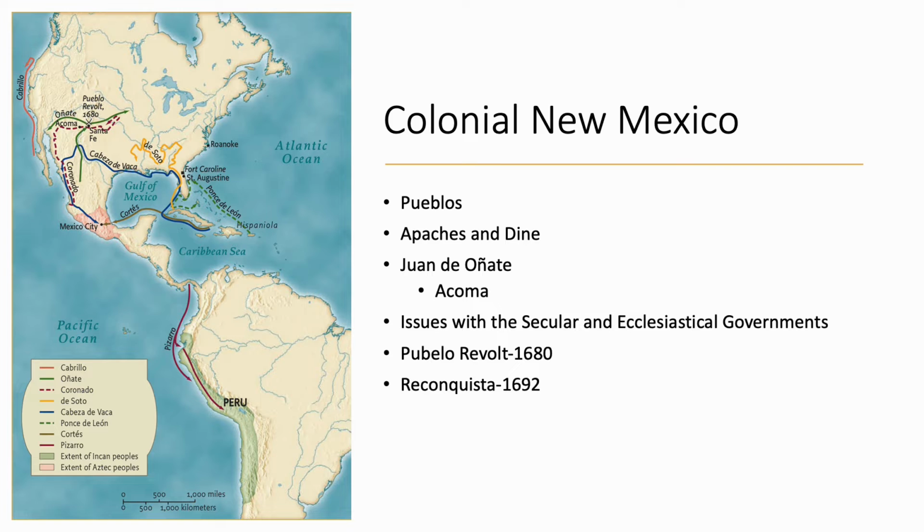So I wanted to continue on with the lecture and focus specifically on Colonial New Mexico, which, if you recall from the first time that we met, is what I focused on when I was studying as a grad student. So again, obviously we already went over the makeup of pre-Columbian New Mexico, where you have this combination of the pueblos who, again, I remind you, are not united in any way, shape, or form, with the exception of their style of architecture. They have different languages. There's at least 16 different languages among the Pueblo people, that umbrella term that we talked about. There's different religions, cultures, et cetera, et cetera.